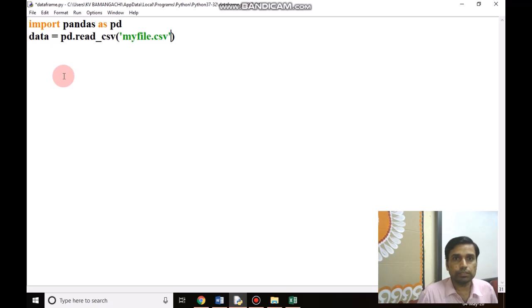I have given here the file name with the extension or format of the file. Data is a variable which will map the data of the myfile CSV file. Now you can print all the values in the CSV file.